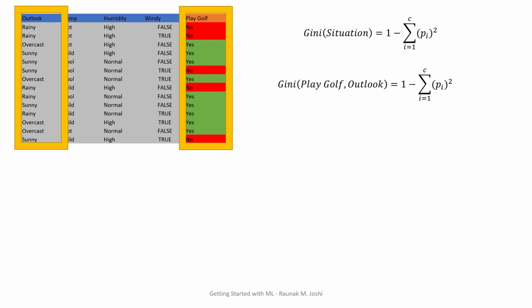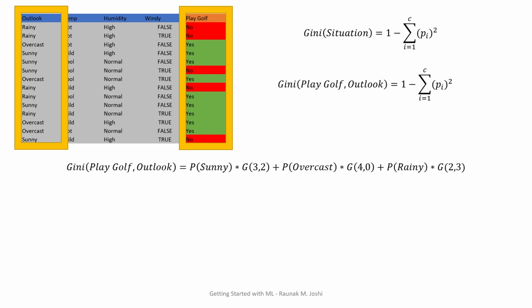Construction I'll tell you, don't worry. So this is the way we do it. We are actually going to take all the unique tuples from the outlook, which are sunny, overcast and rainy, and we are going to multiply them with the Gini index of the occurrences. Alright, so if you check the